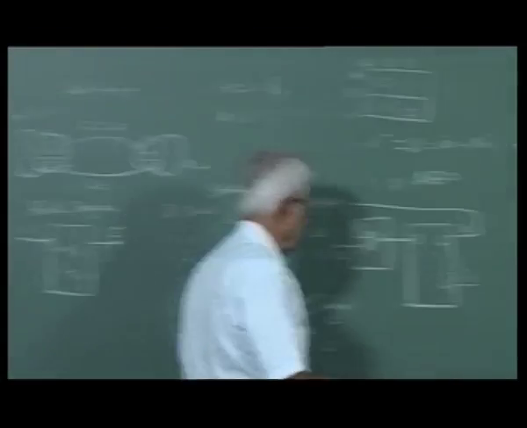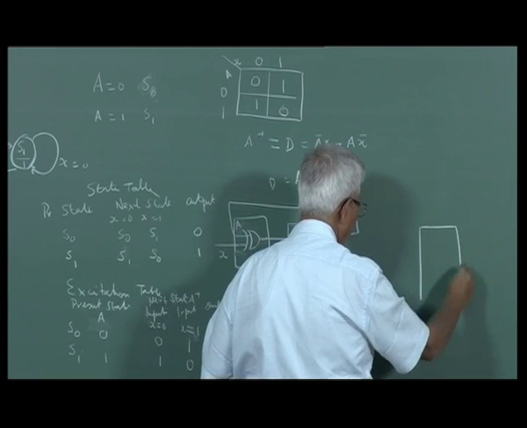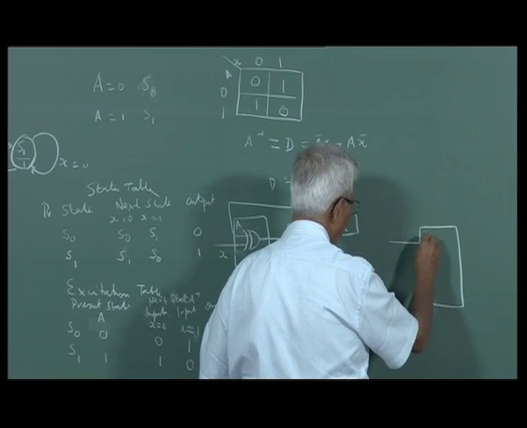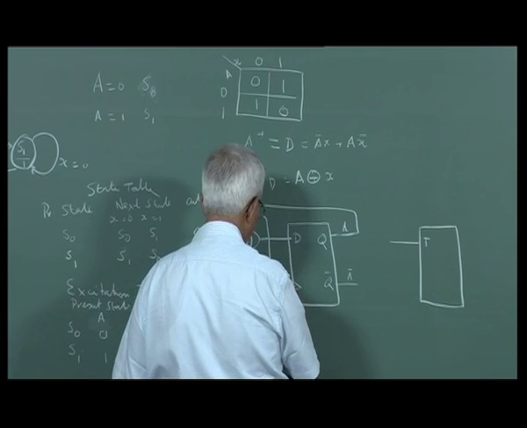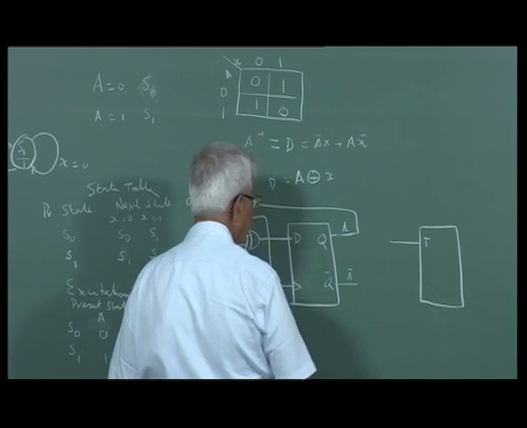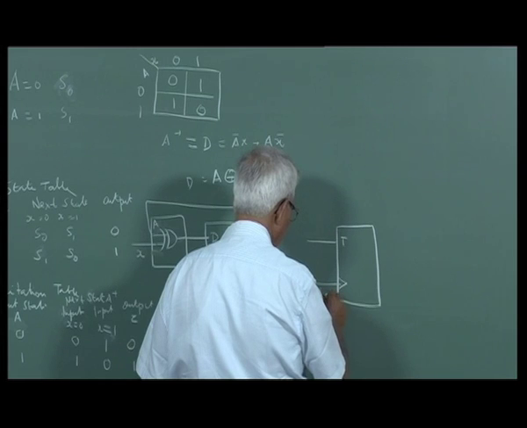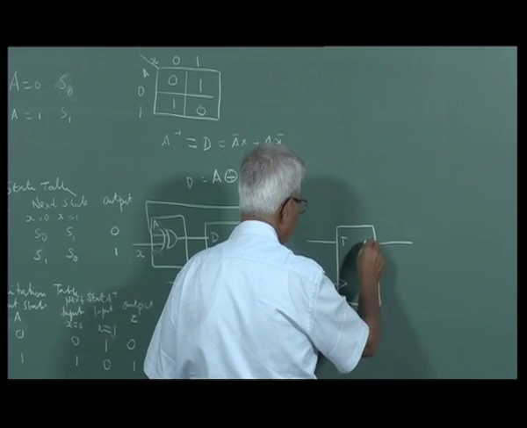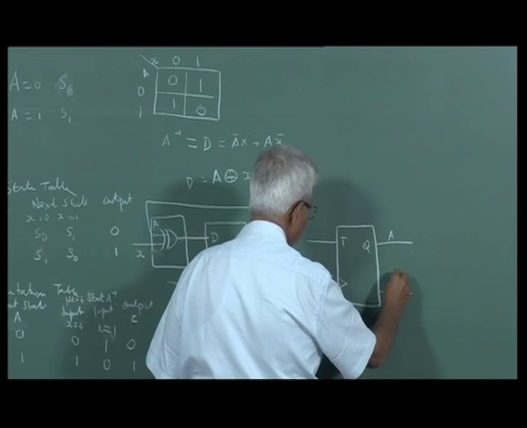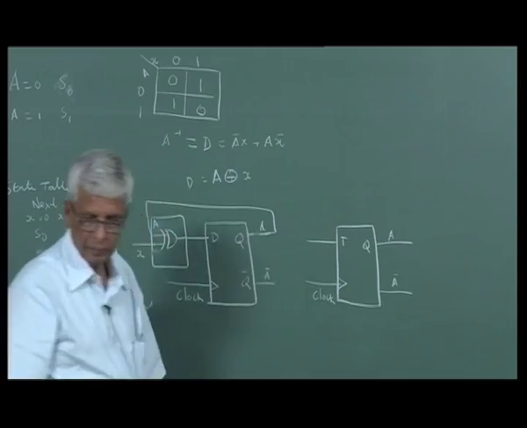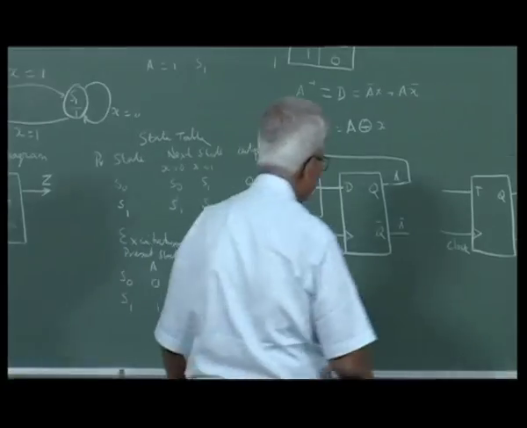Suppose I want to use a T flip flop here instead of D. Oh, I have to show the clock. Clock is important. T, clock, Q, A bar. So, how does it work? If you give x here to the T input,